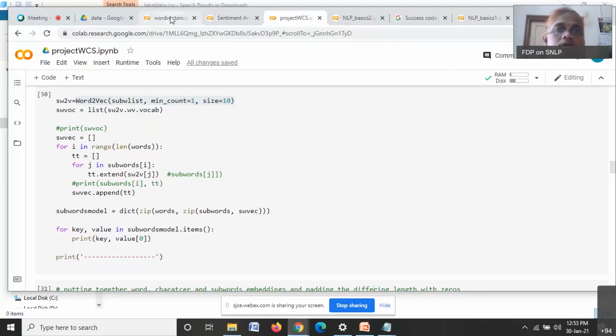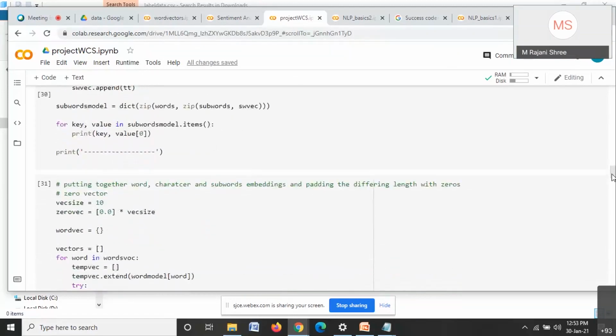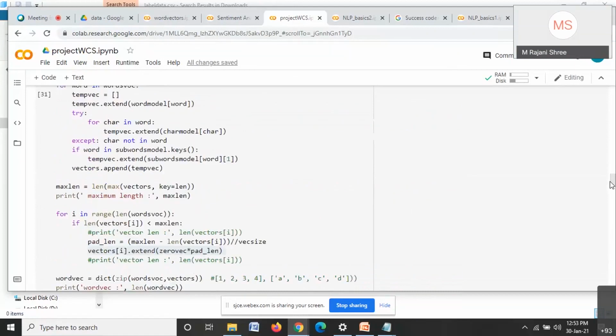If there are any questions, what's the time now? The time is 12:50. Ma'am, could you please add one more piece of code here, the similarity distance between two words, by calling the model? I have not added that here. Word model dot WV dot similarity, after building the model.